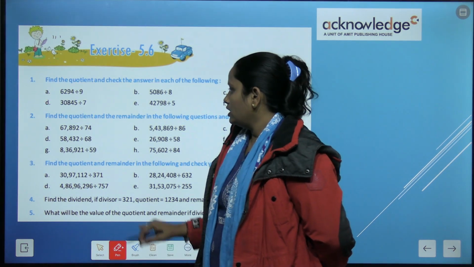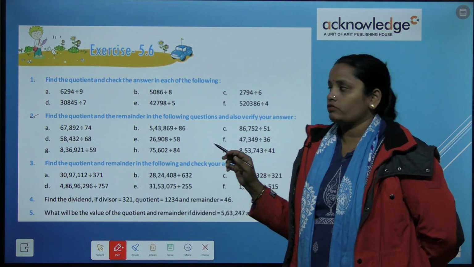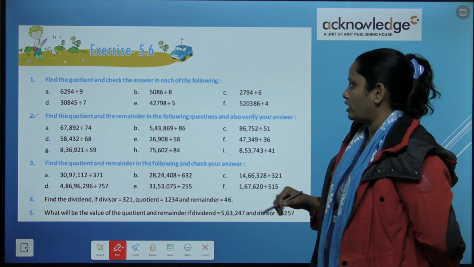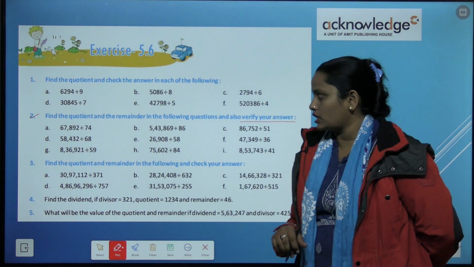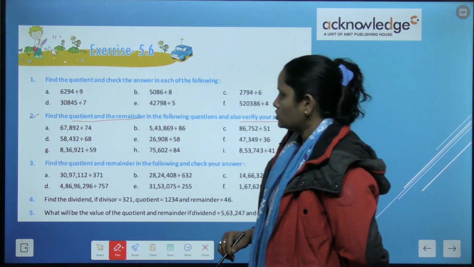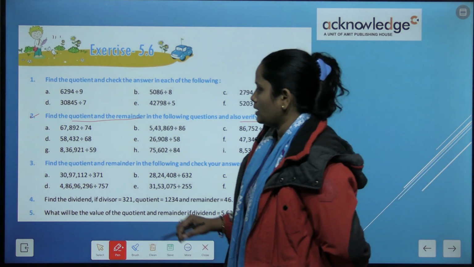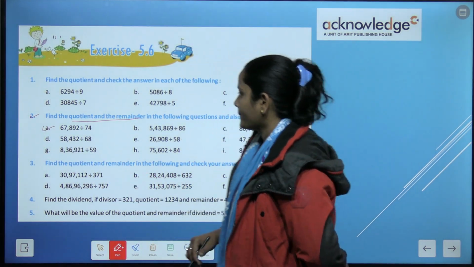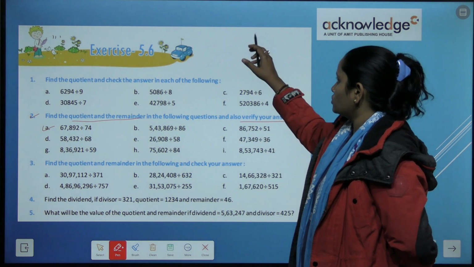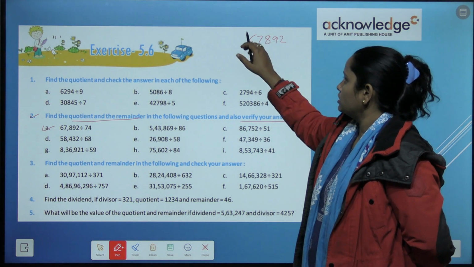Now let's move on to question number 2. Find the quotient and the remainder of the following questions. Also verify your answer. यहाँ पे भी हमें आंसर्स को चेक करना है और क्वेश्चन एंड रिमाइंडर भी फाइंड आउट करना है. सो लेट्स डू इट. लेट्स डू दिस A part first. So the question is 67892 divided by